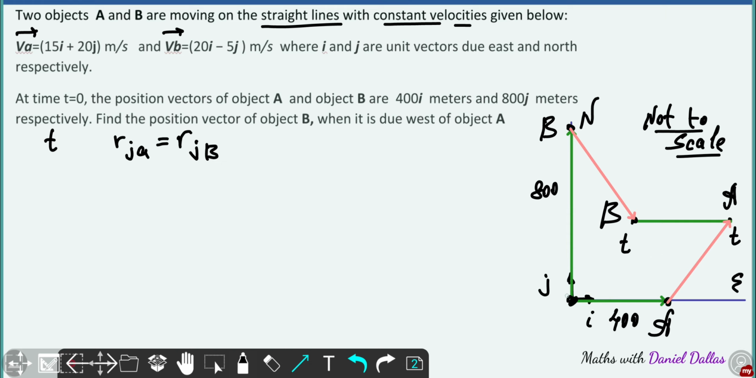Because actually the distance from B down perpendicular to their eastward direction, or horizontal axis, is going to be the same as the distance from object A downward. So that means the j components should be the same, and this is the base equation that allows us to find